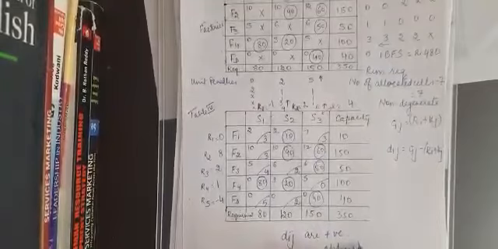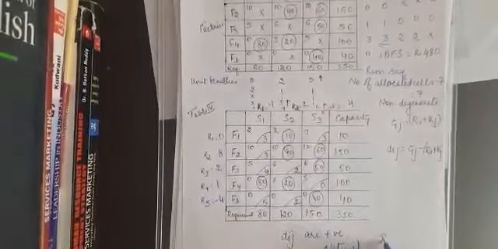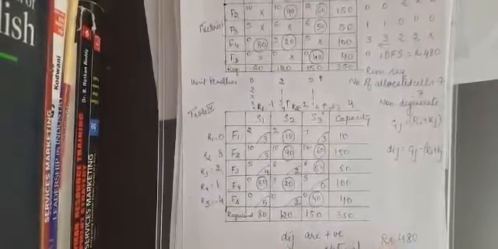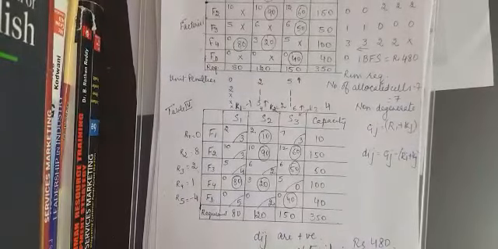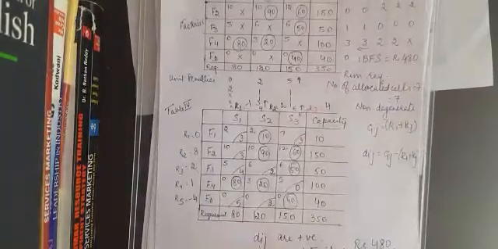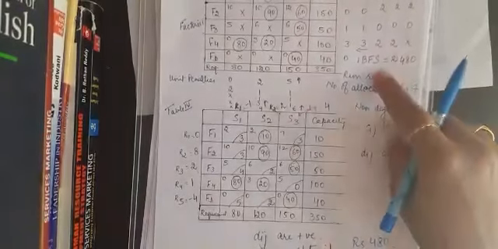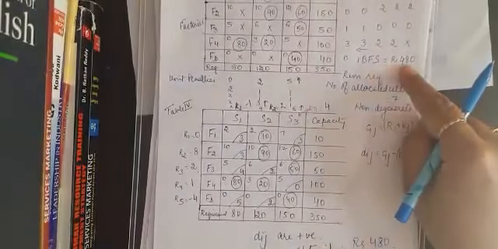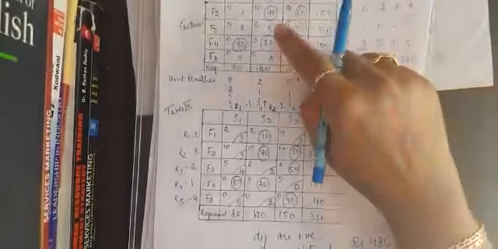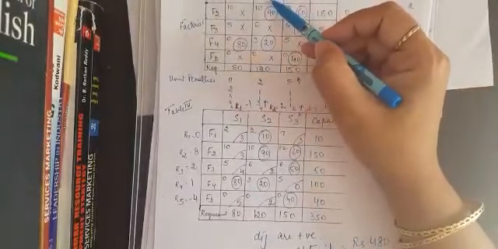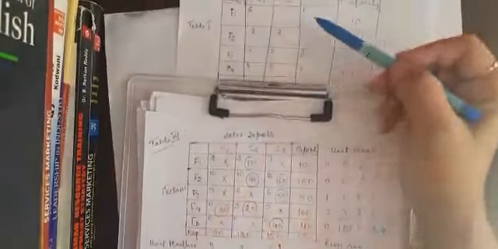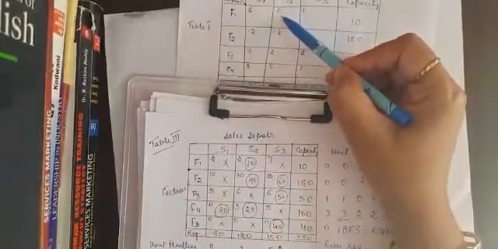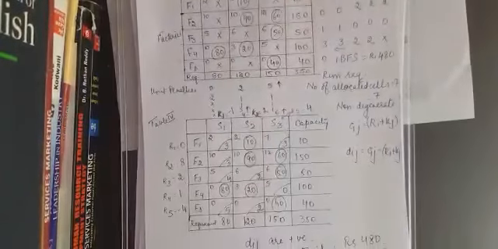Since all the values of Dij, that is the opportunity costs, are positive, hence the solution is optimal, and the optimal value is rupees 481, which we derived in the initial solution. The important point in this question was deriving the profit. Then when we calculate the initial feasible solution, the unit values are not to be multiplied by the loss matrix, but by the values in the profit matrix. So this is the initial feasible solution, which is also the optimal solution.